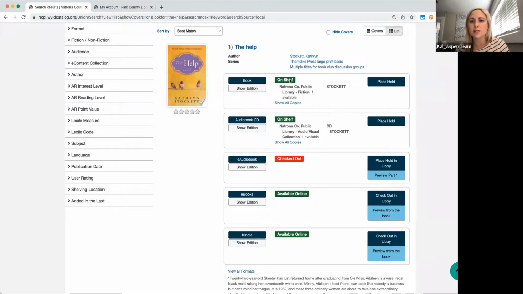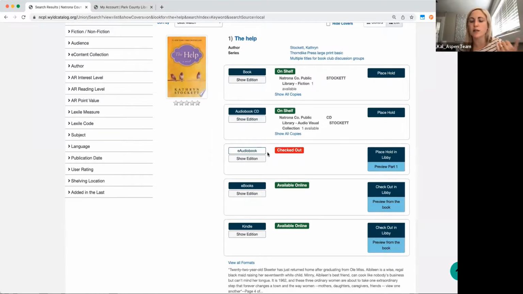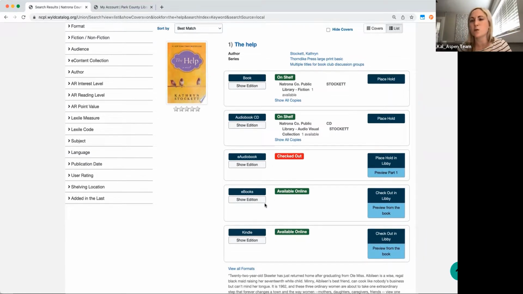So in this case, I can see green on shelf. I have this thing, so I can get this patron the audiobook or the book today. And if they wanted something online, unfortunately the e-audiobook is checked out, but I can get them the ebook or the Kindle version. So what we're trying to do is just make it super clear to patrons what is available right now or as quick as possible for them.